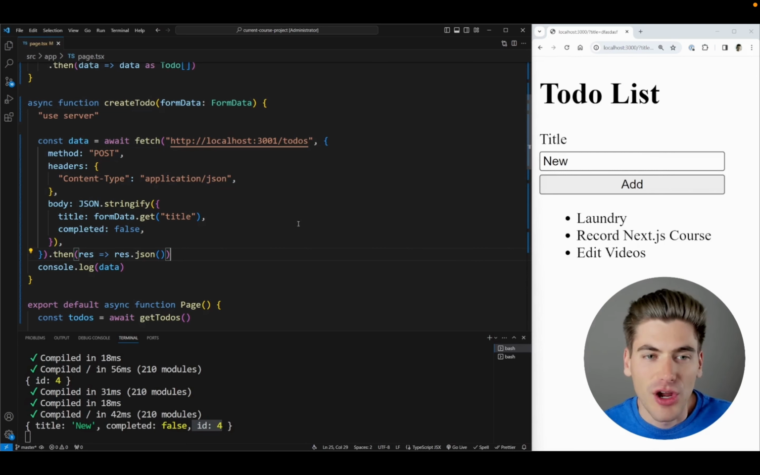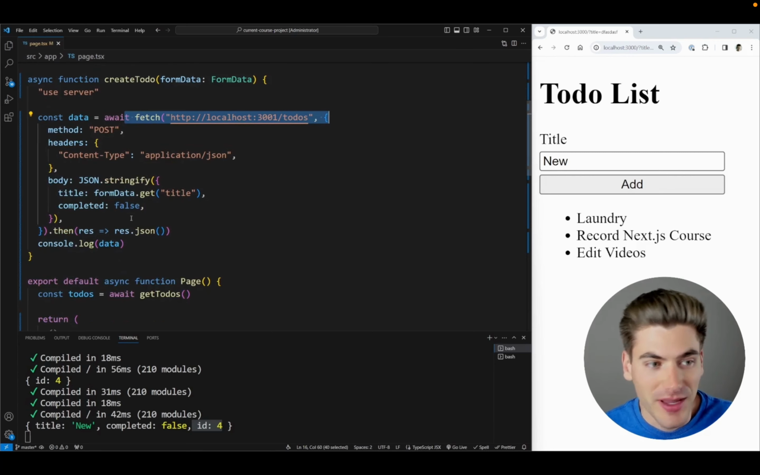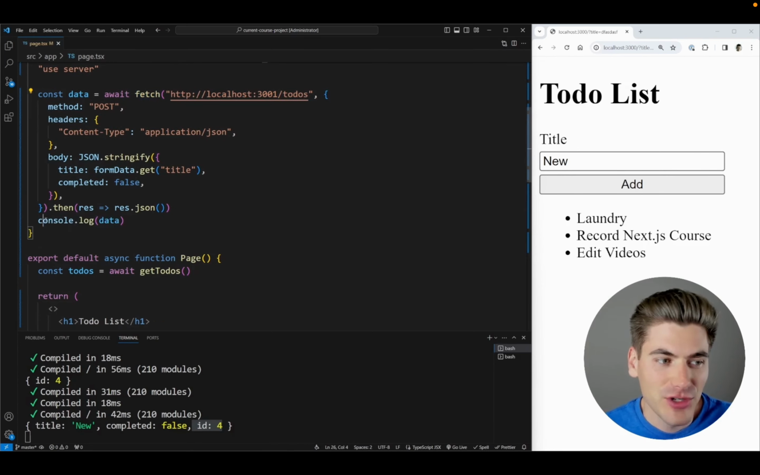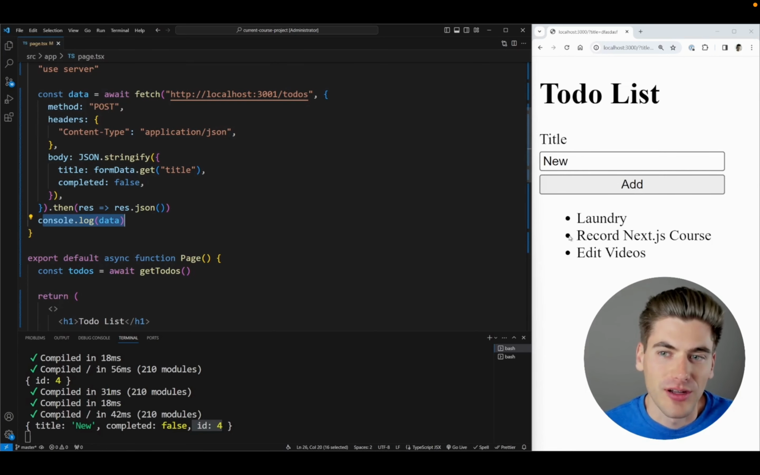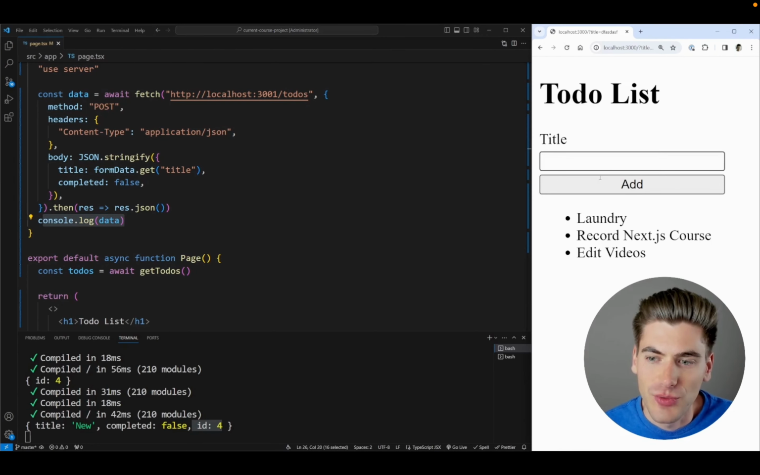This fetch request has gone along, called this create to do function. It's made another fetch request that actually calls our API to create this to do. And now we're just logging out that data on the server, but we're never going ahead and refreshing our client. If I manually refresh, you will notice that it still doesn't show up. And again, that's because of the cache. But if I do a hard refresh to clear all the caching, you will see that that new one shows up